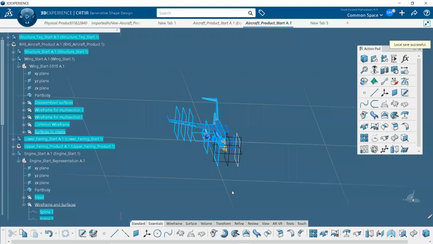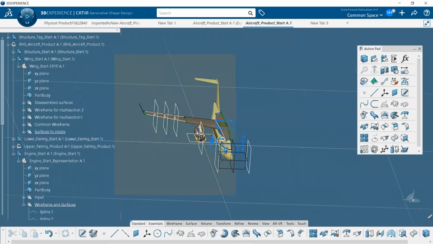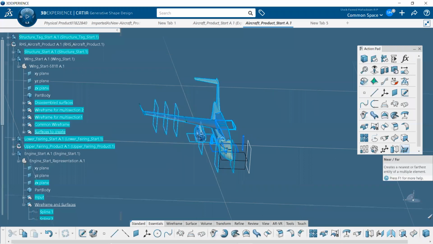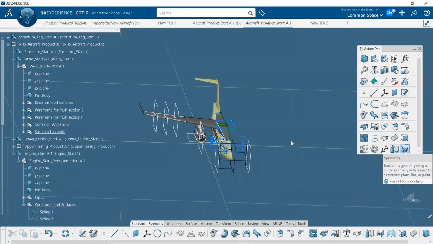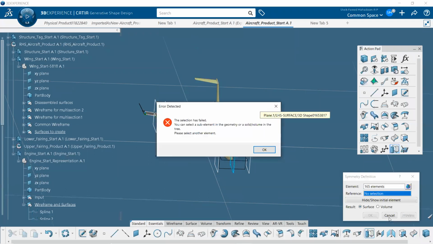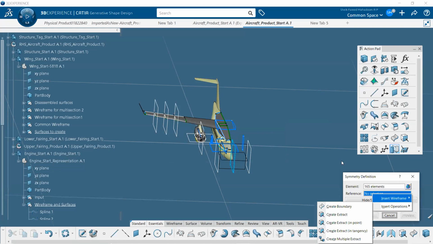Wait, let me select the entire model. Then use a symmetry. And select the accepting.